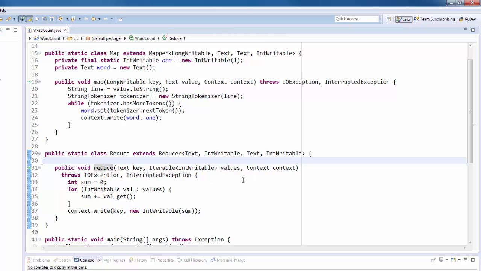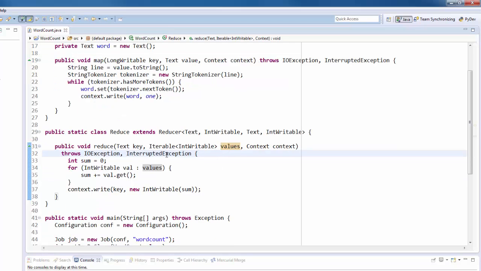The parameters for this reduce function are simply the key and value. And notice that the value here is an Iterable object of type IntWritable. So that's what we have as the values that will be passed from the reduce class, and we use the standard context that we are using in the job. We also have some exception handling in here,